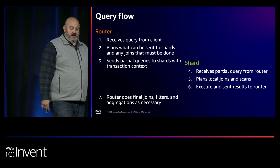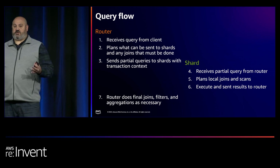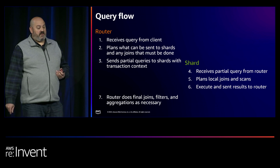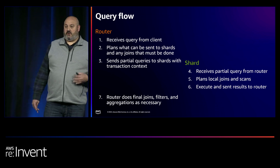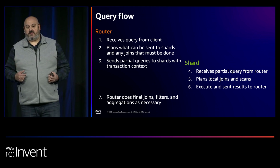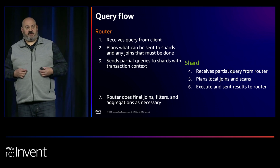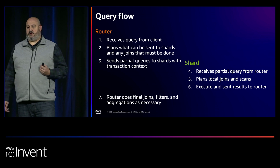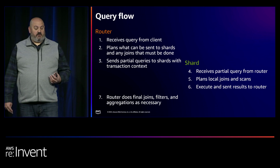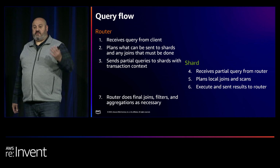So a brief bit of query flow. Queries flow from the router to the shards and back. The router will receive the query from the client. It'll do some initial planning. It has to figure out which shards might be involved in the query, and might have to figure out joins. What joins can be pushed down to that shard? If it's a join with a reference table, that can be pushed down. Some aggregates can be pushed down, things like that. And then it will create partial queries and send them out to the various shards along with the transaction context